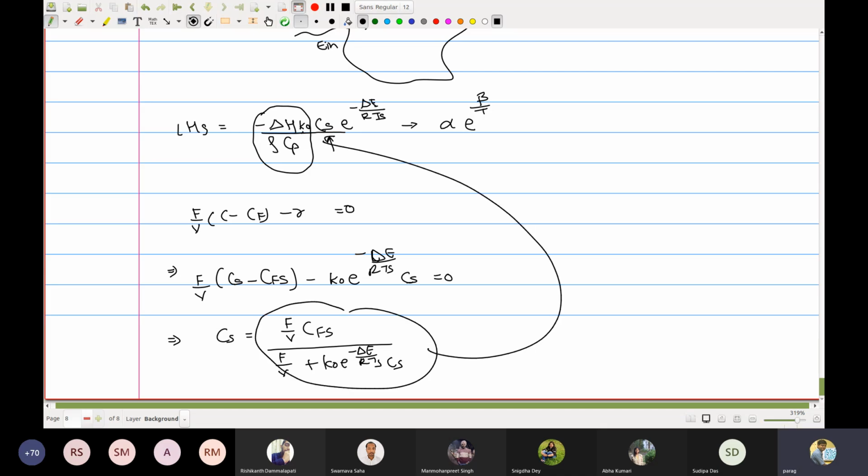I'll plug in here, which means my left hand side is simply, I don't worry about a lot of these different constants, of the form A e to the power minus 1 upon Ts divided by B, 1 plus e to the power minus 1 upon Ts. You can make this 1 upon Ts also as C. So I have combined a lot of these parameters. So this is the left hand side.